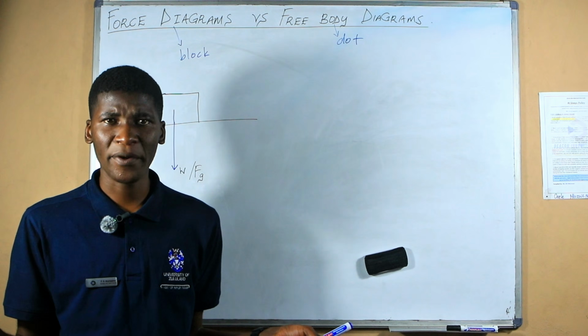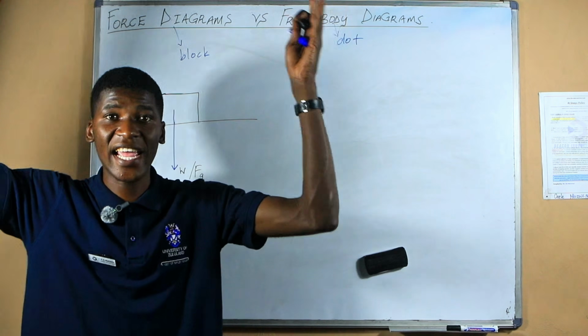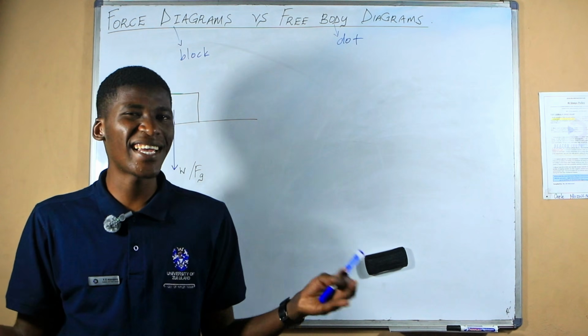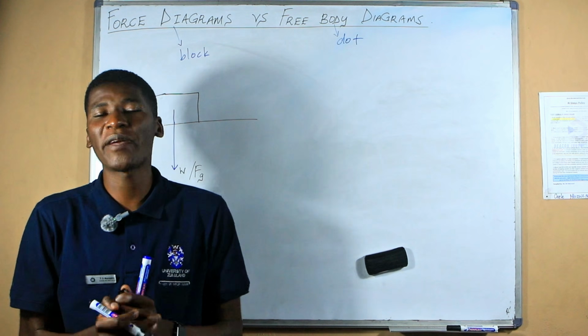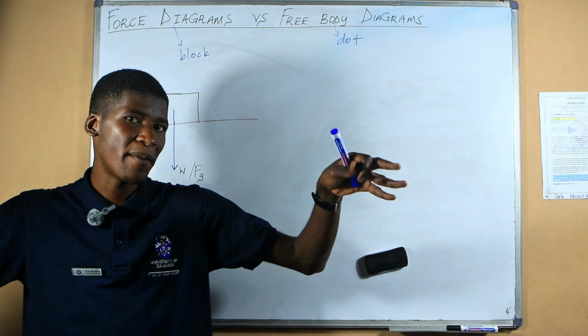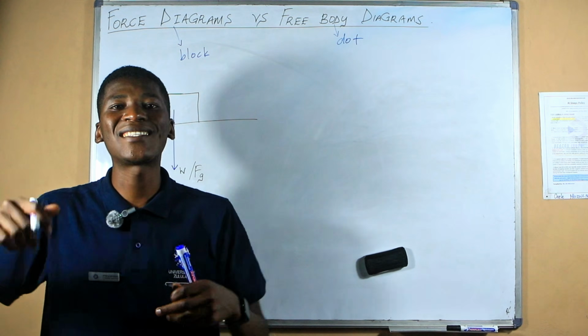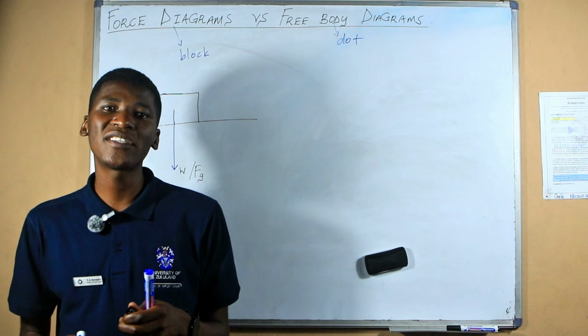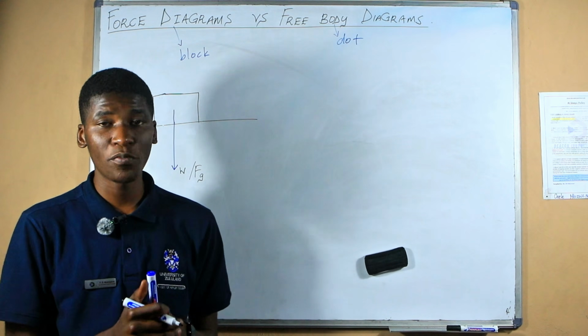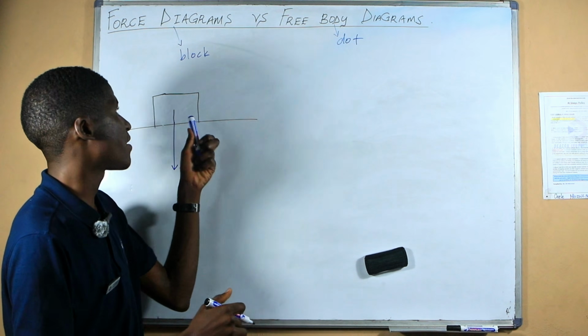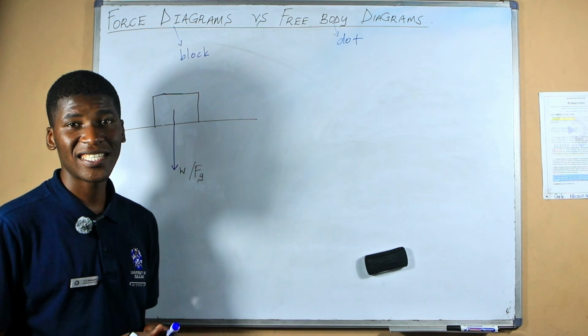the earth, of course. But when you go to space and you get out of the earth, you're not going to experience any gravitational force. That is why you are able to just fly around in space. But when you are here on the earth, you will be subjected to a gravitational force which always pushes down all objects. So whenever you think of making the force diagram, you should start with the gravitational force.